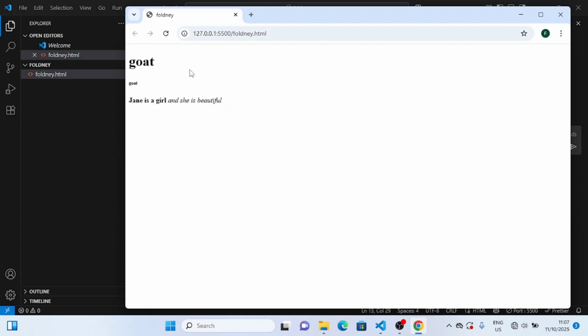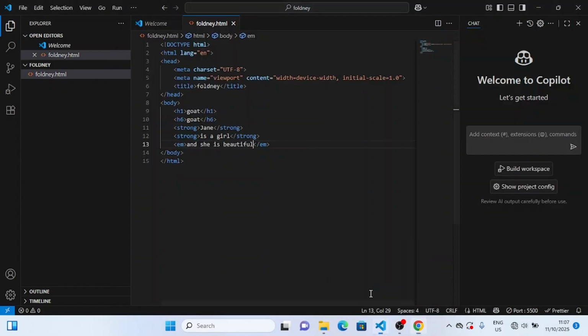For the block element, just like the landlord, they don't want to be disturbed. They are the boss. Only them occupy that space. Whereas the inline element, they are the tenant. They just manage wherever you put them. They just manage in that same line. So what can I do? Let's say I want to make this a block element and I want to separate these two. Now I can come here, let's go back to our code